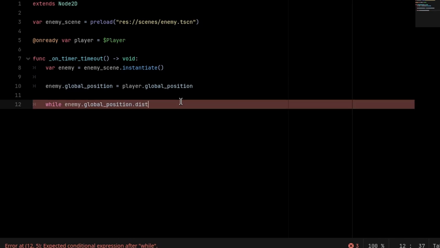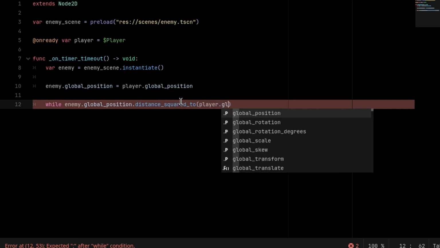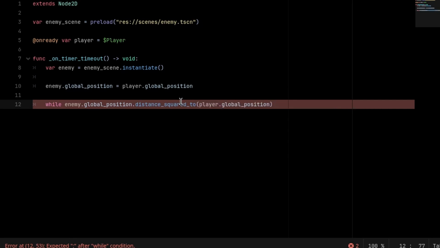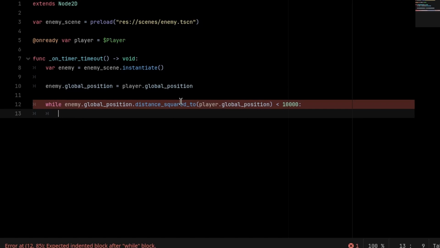dot distance_squared_to, and this is going to get the squared distance, which is actually more efficient than getting the normal distance, and it's going to be the distance squared to the player's global position. If it's greater than 10,000 units, it's okay, but if it's not, then we'll set the enemy's global position to